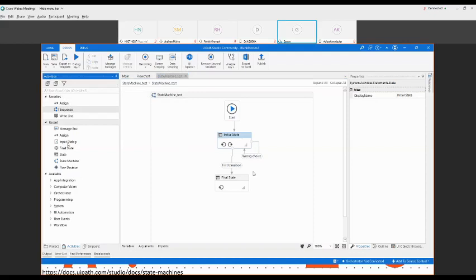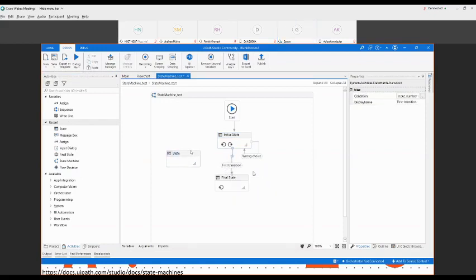I can use one state. Again, you can see it is giving an error. Why? Because this state doesn't have any transition. That's why it's giving an error. Let me put in one transition.